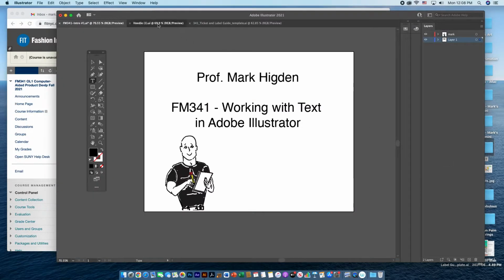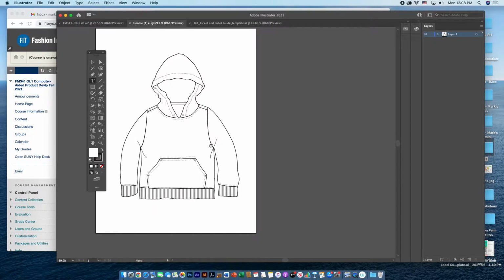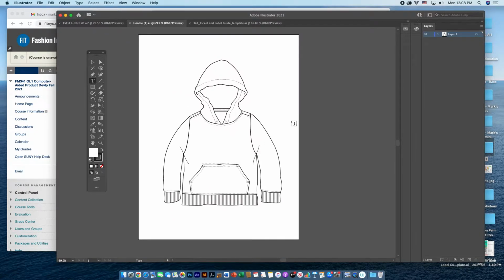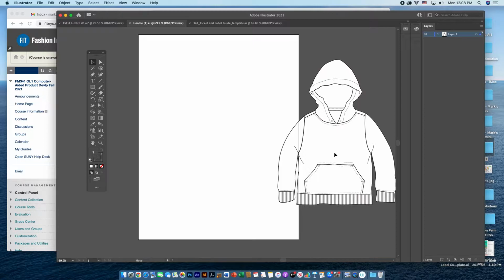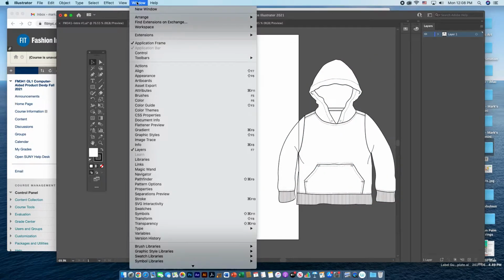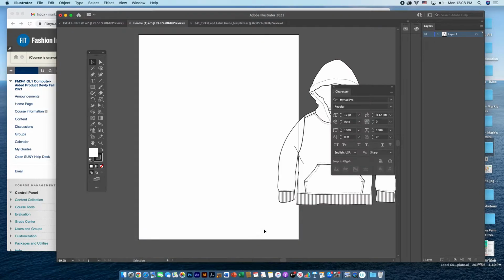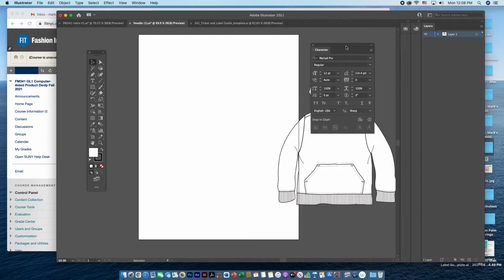So in the hoodie file, what I've done is I've given you a pre-drawn sketch of a hoodie that will work. You can select that and just pull it off to the side. And then you can go ahead and open up under Window, under Type, there is a Character window. There's a lot of different windows under the Type tool, but you can go right to Character, and that will open up a lot of what we'll work with